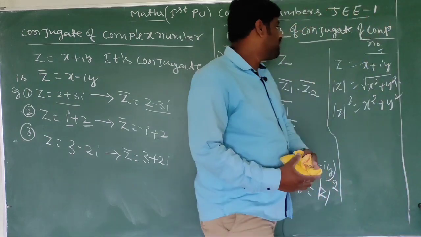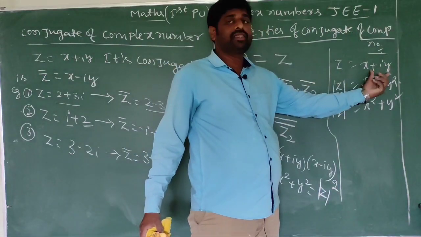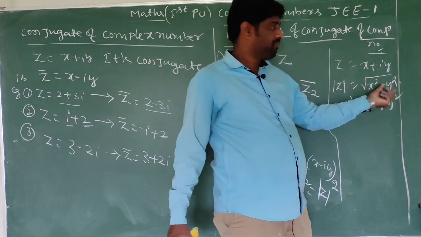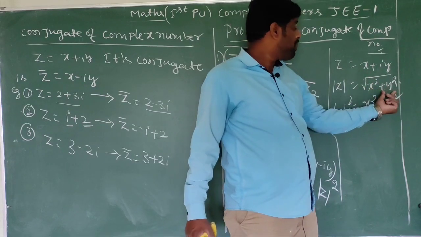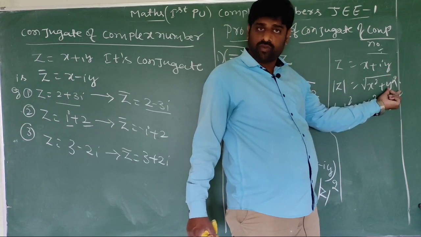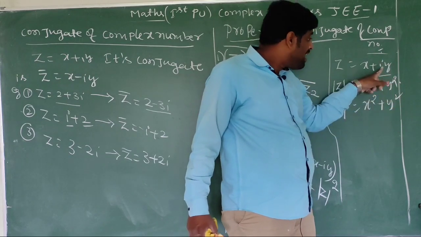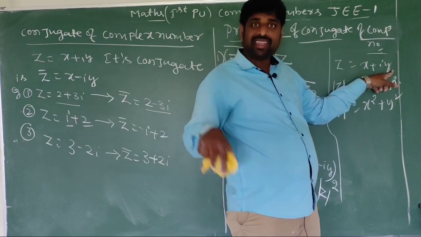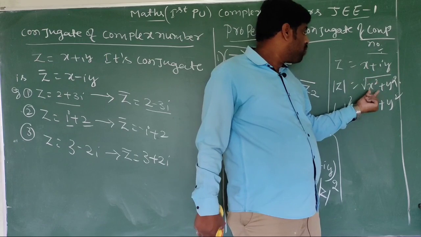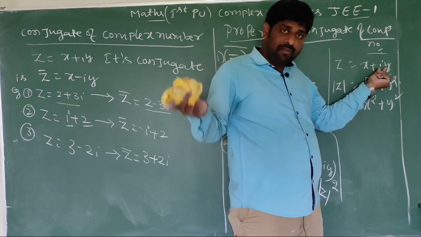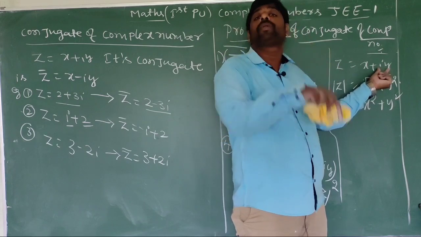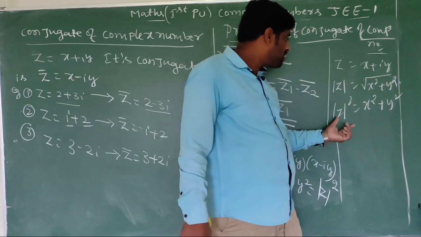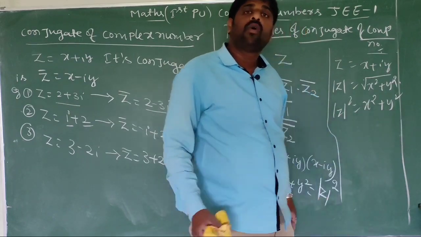How do we get modulus of z square? Suppose z is equal to x plus iy. Modulus of this z is square root of real part whole square plus imaginary part whole square. Here don't take i. i is the complex part. The coefficient of i is y, so we have to take y. I mentioned the i is there, no? That's why this is a complex number. We will take only y. x square plus y square. Modulus of z square equals x square plus y square.